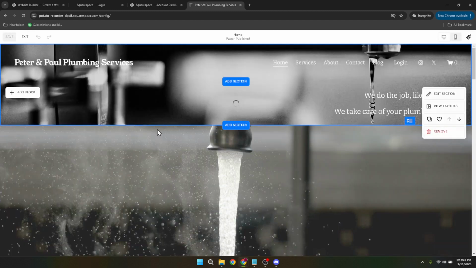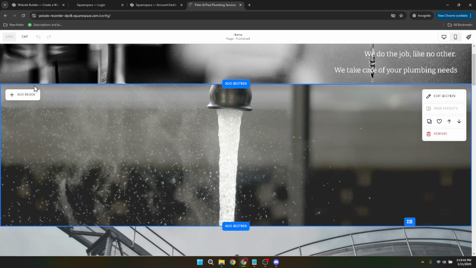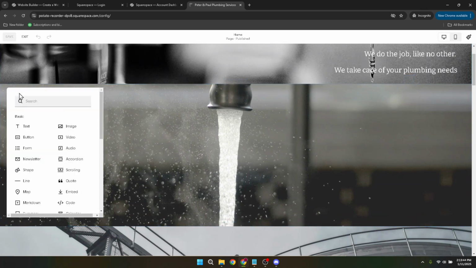To add a questionnaire, we're going to click on Add Block. Blocks are the foundational elements of Squarespace pages, letting you integrate different types of content. In this case, we're interested in adding a block for a form, so select the form option from the available